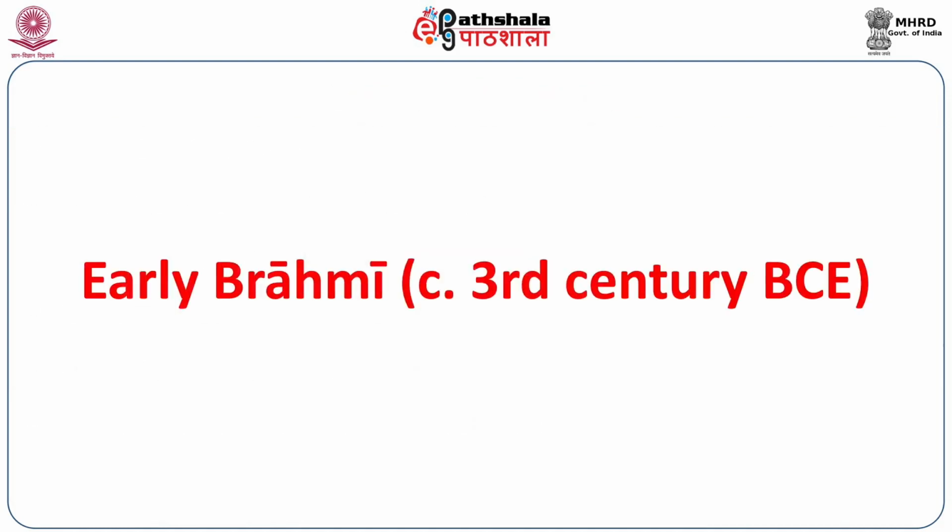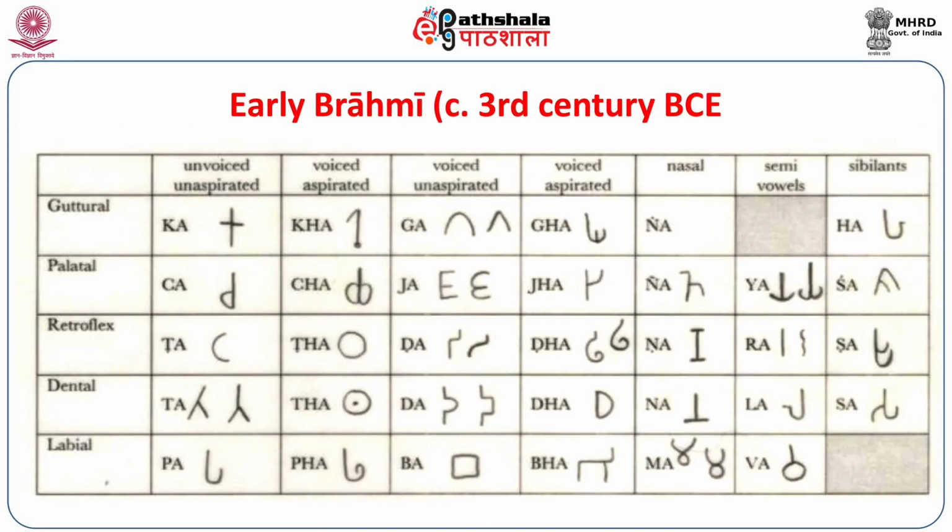We begin with early Brahmi, which was earlier called Ashokan Brahmi or Maurya Brahmi because all the inscriptions were believed to be written by the Maurya king Ashok, but later it was called early Brahmi by D.C. Sarkar, who suggested that since many other ruling lineages or individual donations were made during the phase when this particular Brahmi script was written between the 3rd and the 1st century BCE, we should not assign any dynastic emblem on it, and rather we should name it in terms of a general terminology called early Brahmi.